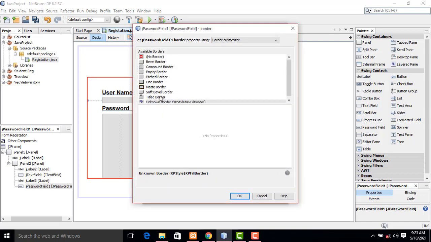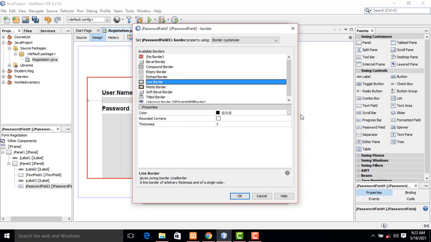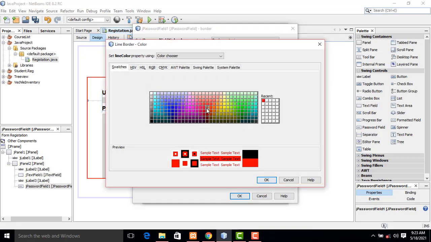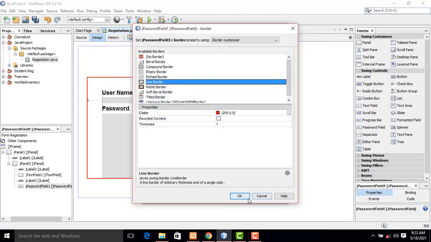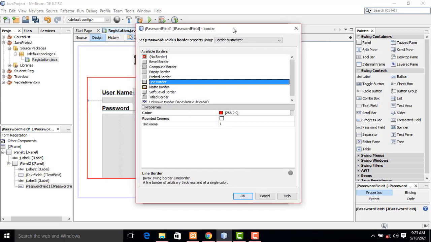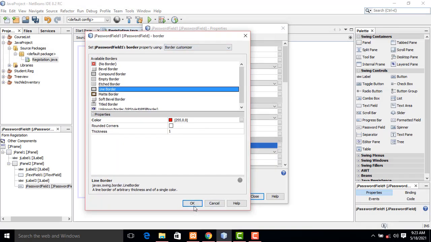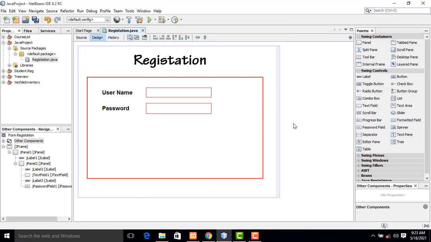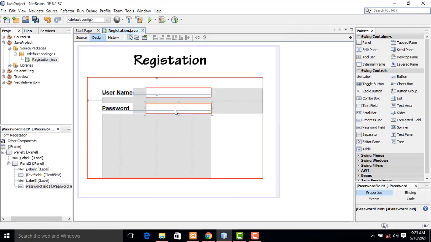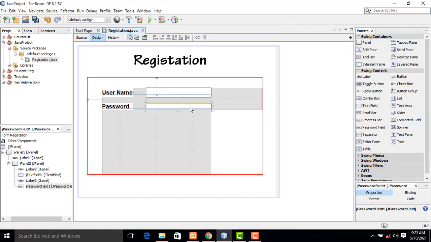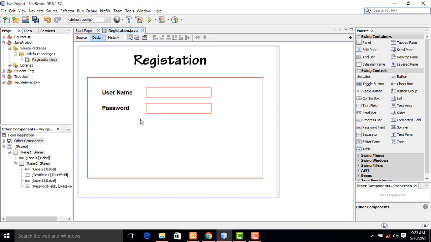Go to the border property, line border, and the color we have given as red. The border thickness, 1 is enough, right? Simple edits, simple stuff we have to do.